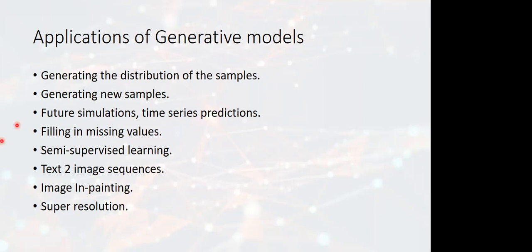And they are also useful for filling in missing values. So what do I mean by that? One aspect of this could be image interpolation, so filling in missing values between two different samples. The other one could be